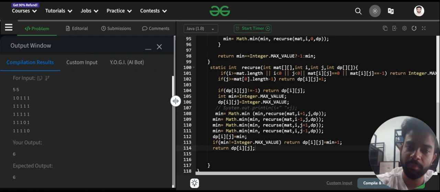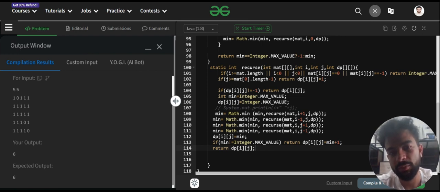So we are trying all different combinations of the positions of the rows and columns and finding the minimum path length from each adjacent cell. Lastly, we have to update the minimum path length. We are using dp[i][j] equals min. Now, if the min is not equal to Integer.MAX_VALUE